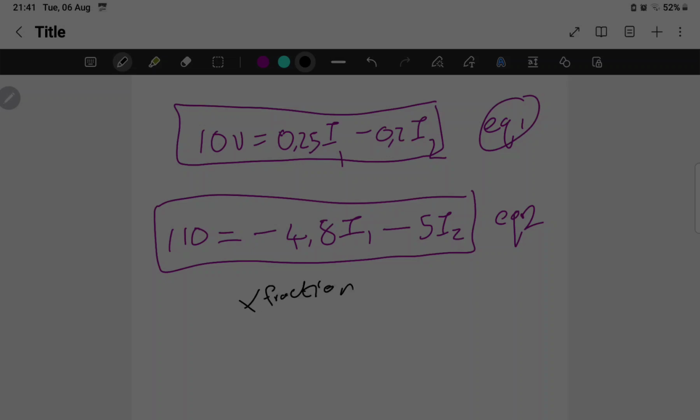It makes things way smaller. So what we're going to do is negative 0.25 multiplied by 5, divided by, so negative 0.2 multiplied by,